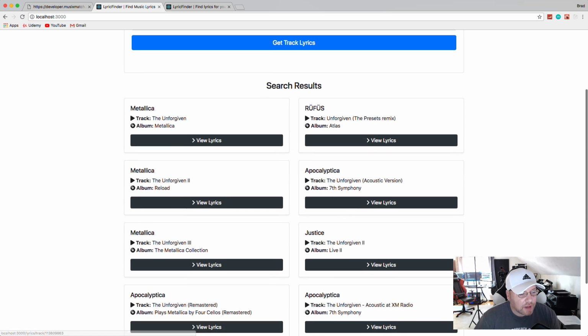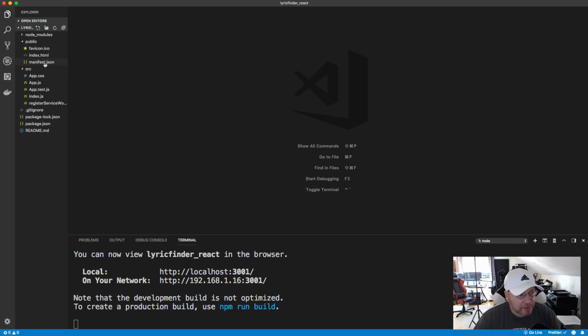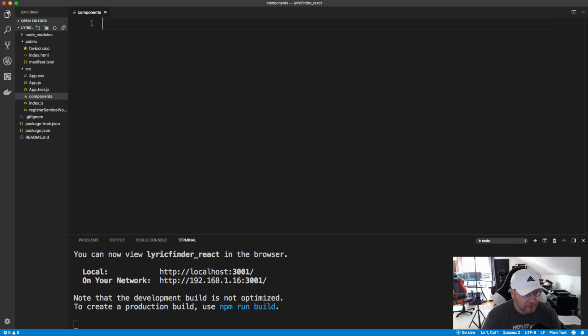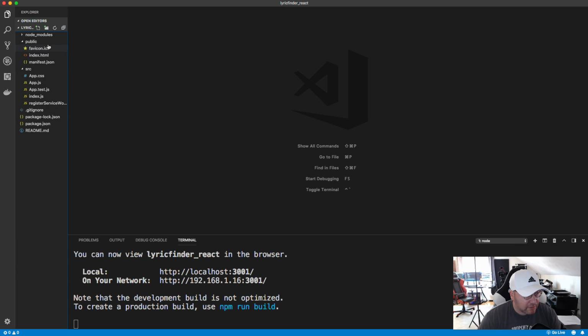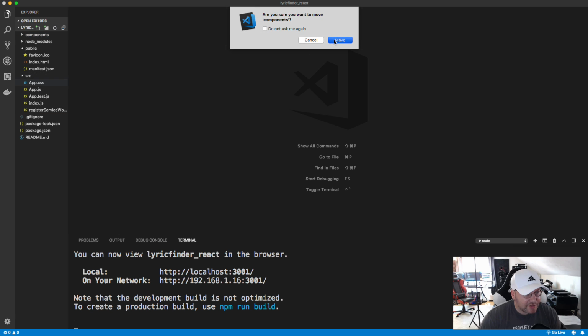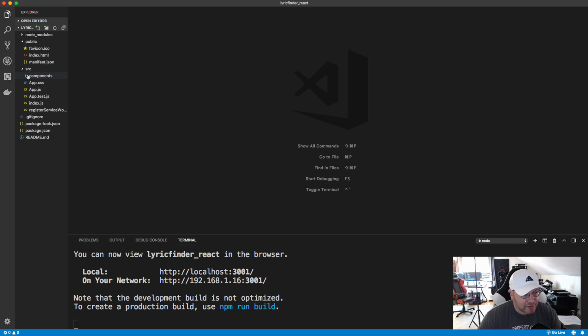Let's see, so yeah, we'll go ahead and just create the simple navbar component. So in the source folder, let's create a folder called components. Not a file, I just created a file. We want a folder, and we want it in the source. Okay, so source components, and then let's create a file called, actually, you know what I'm going to do